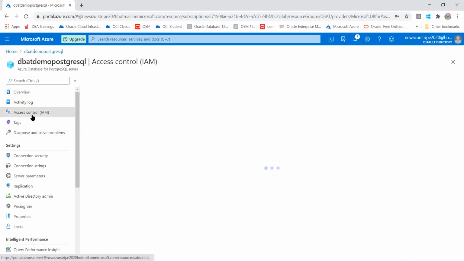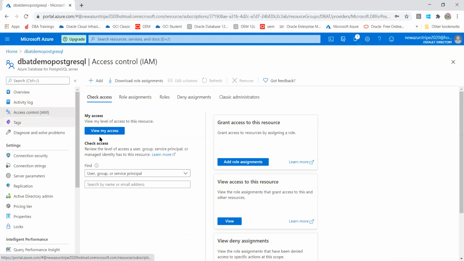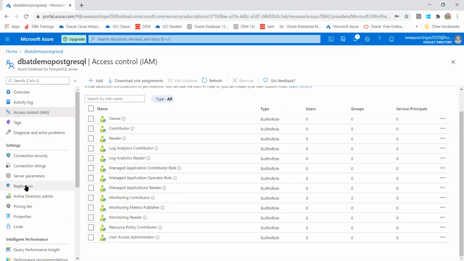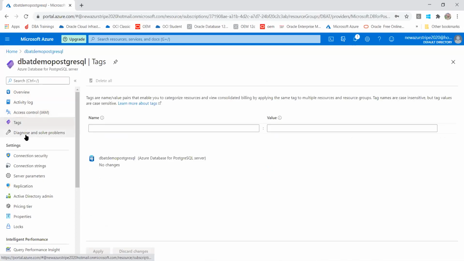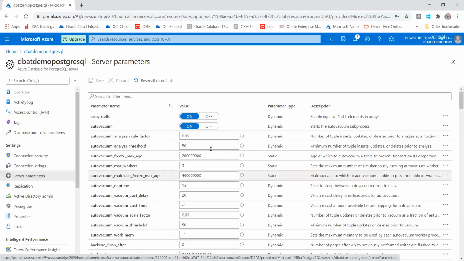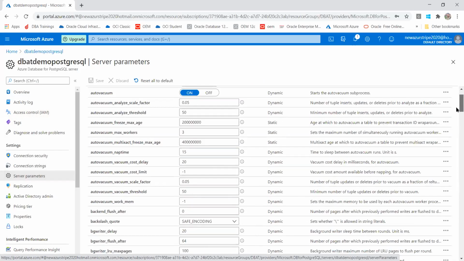Access control, whom you are assigning, and all those things, you are able to create, assign, add roles, whatever you want, and manage. Similarly, you are able to change the parameters. All the server parameters you are able to change as per your business need.